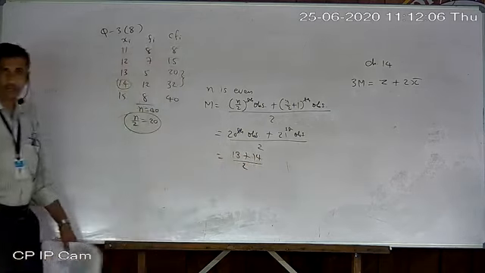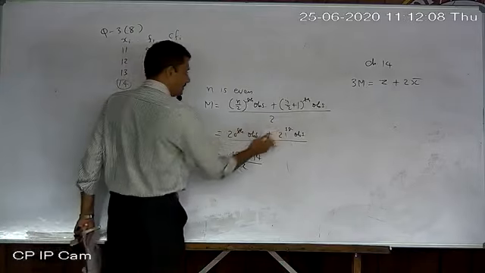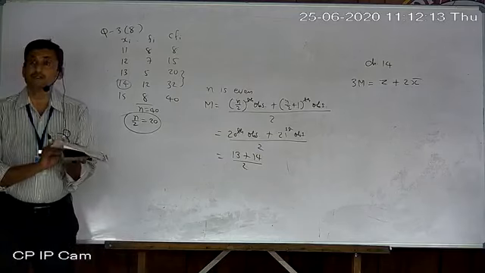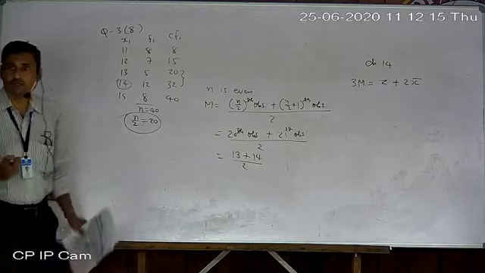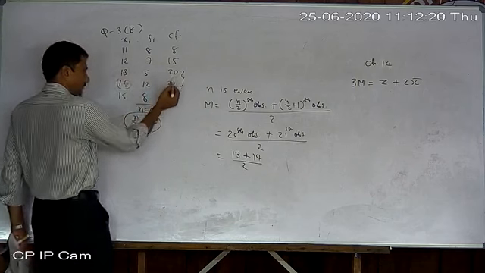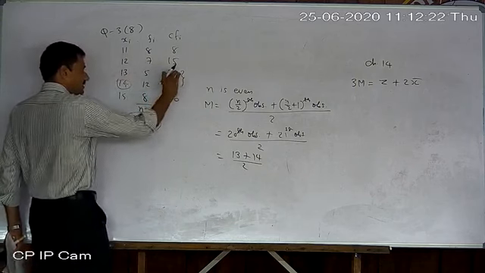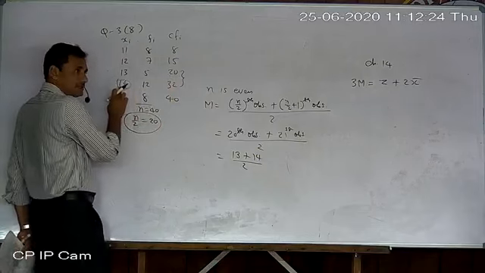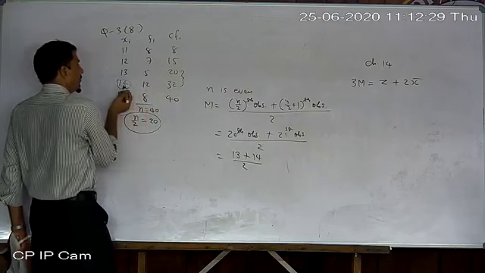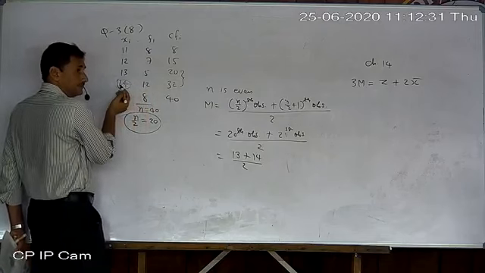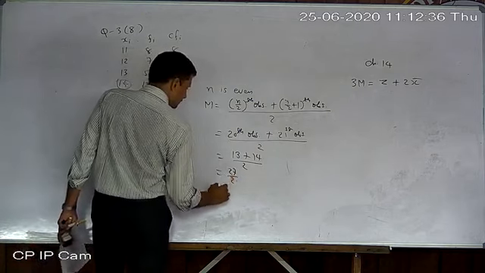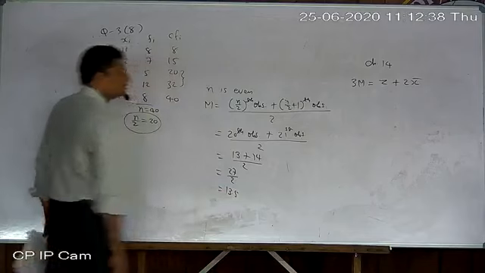Again, understand that most students add 20 and 21, then divide by 2. That is wrong. Why? 20 and 21 are the sequence, not the value. So find out the value. The 20th number is 13. Now the 21st is not actually here, but it is between these two numbers, so 14 is our 21st observation. Why? From 21 to 30 all are 14. So it will be 27 by 2, so 13.5 will be our answer.